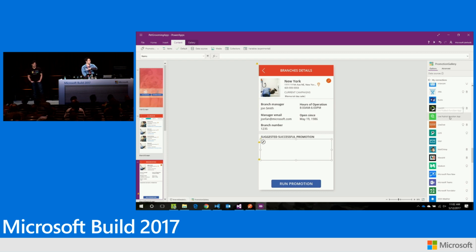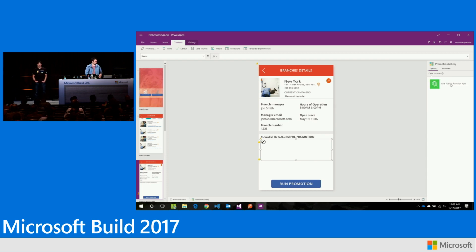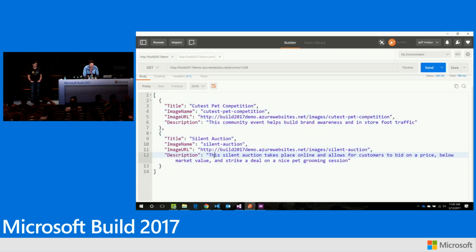And again, you'll notice we have a bunch of connectors out of the box to a bunch of different sources. I'll go into those in a little bit. So I can choose to connect to this function app and pull it into my application. Now, this is where it hit a hiccup, and for whatever reason, it's not letting me do a connection, but that's fine, because I have one ready to go. So now what I can do is say, hey, I want to stream this data from Eduardo's function app, which, in case you forgot, looks like this.